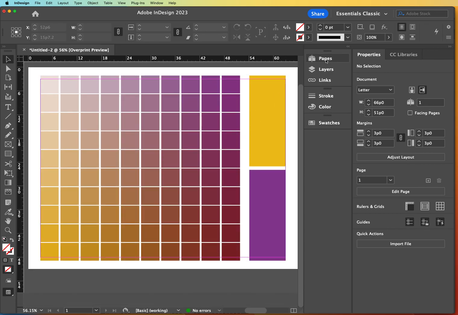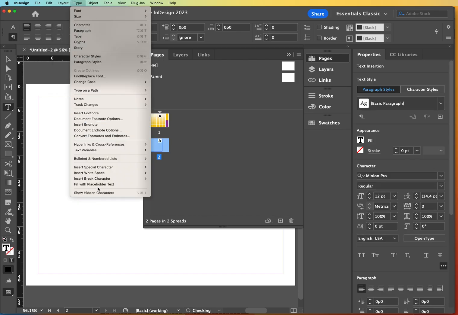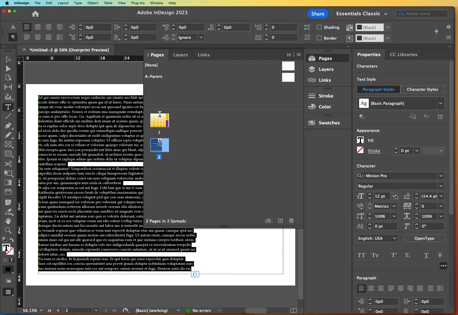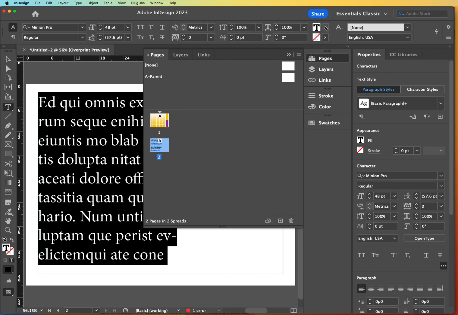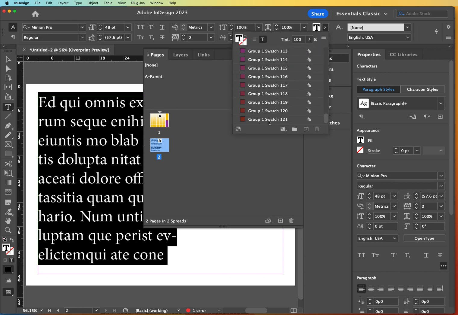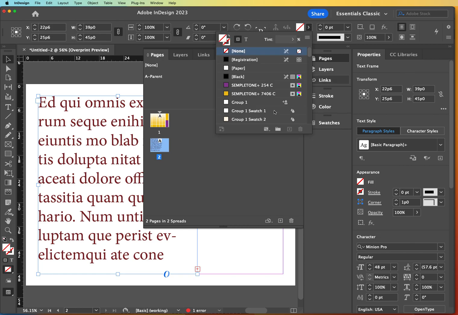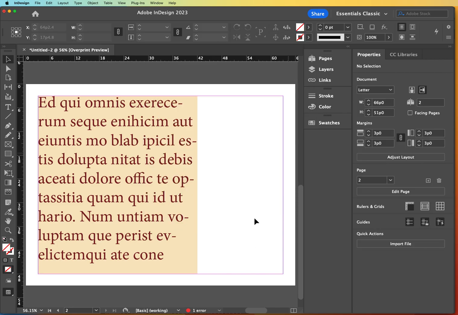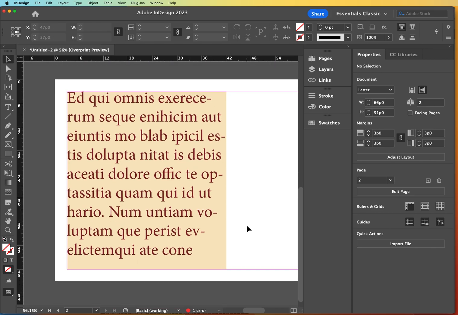So for example, if I create another page and I wanted to make a text box, I will just fill this with placeholder text. Let's say I want the text color to be the darkest I can get from these two different colors, which is this kind of brownish color. And I wanted the fill color for this text box to be like a light yellow or something like that. This is something that I could do in InDesign very easily using mixed ink swatches,